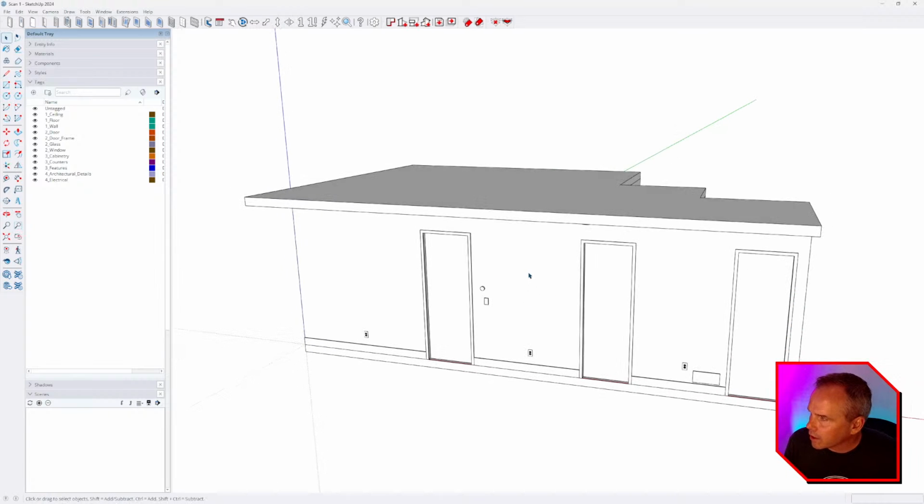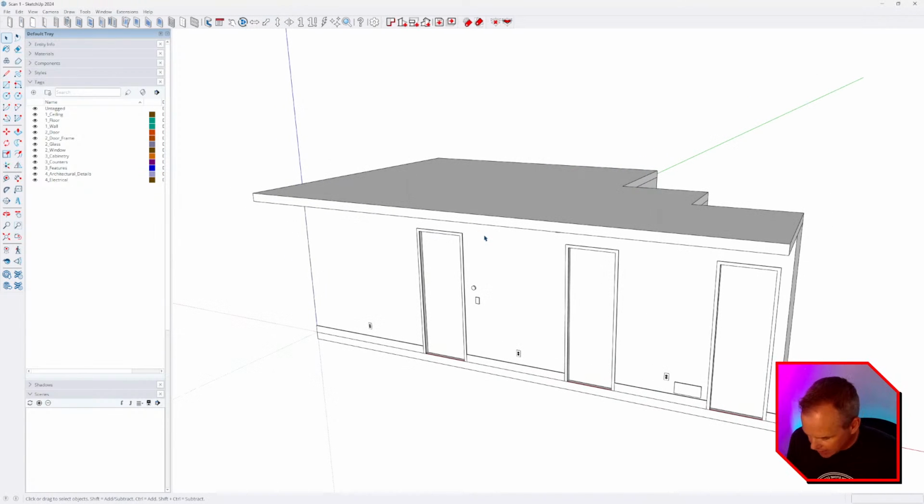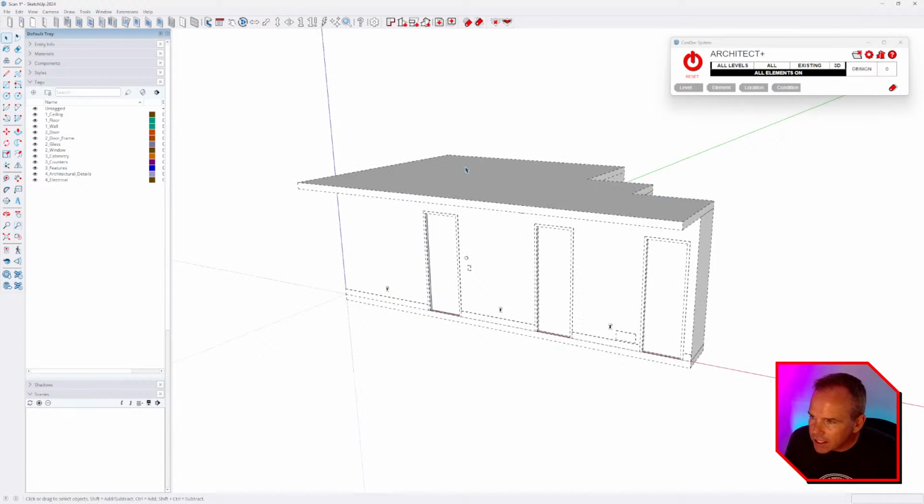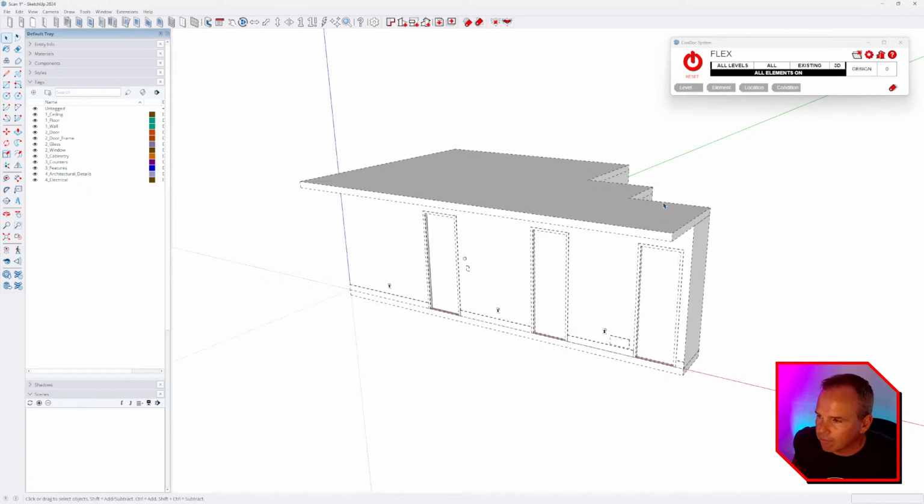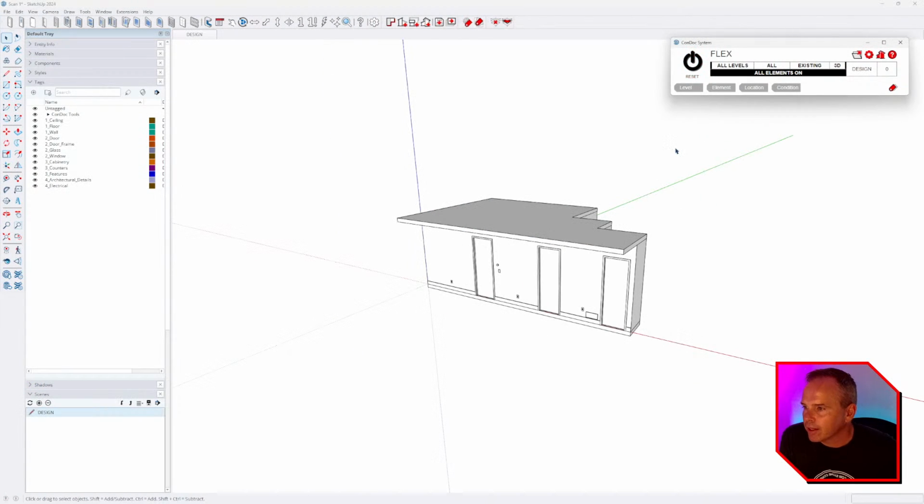All right, so as we're working in here, I'm going to get rid of that, and I'm going to open up my Condoc Tools extension. And the first thing I always do is, by default, when you open up your Condoc Tools, it's on the Flex drawing set. Now, a drawing set is essentially a collection of tags or layers, and it's all your standards baked into a .condoc file that you can load up and then just load it into the Condoc system. And when you hit reset, it sets up the design scene tab, your style,